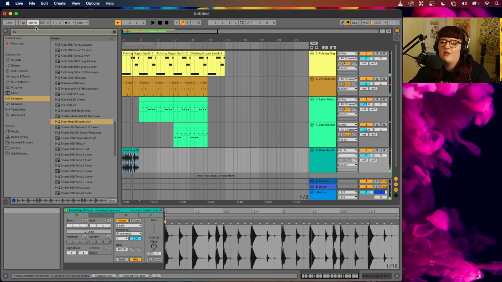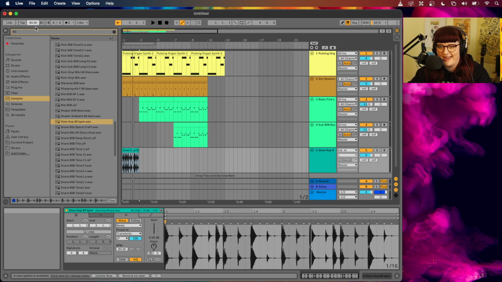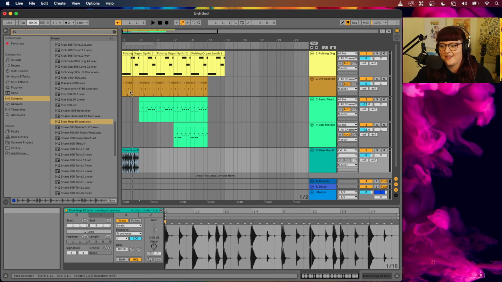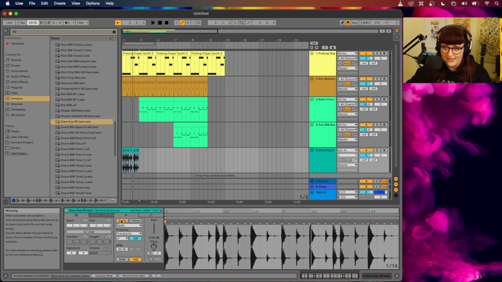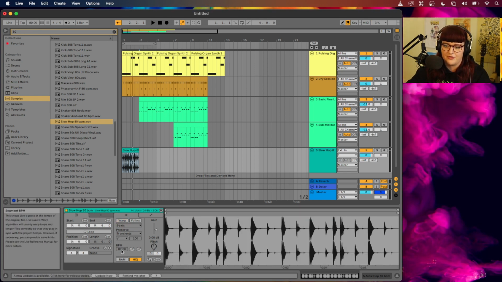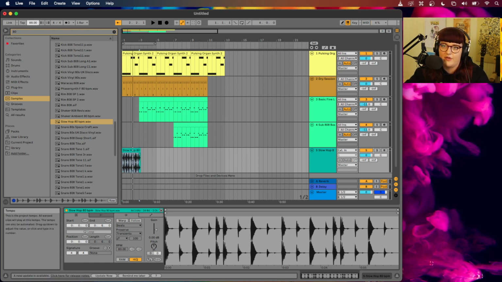It's pretty good. The further you go with it though, faster or slower, the more glitchy sounds you'll get in there. Most of the time, if you slow things down, it sounds a little bit worse. Key thing you want to know though is sometimes you don't want it to warp. In that case, you want to turn it off, but you do want to make sure you set whatever its original BPM was. That way, now, if I stretch the track,